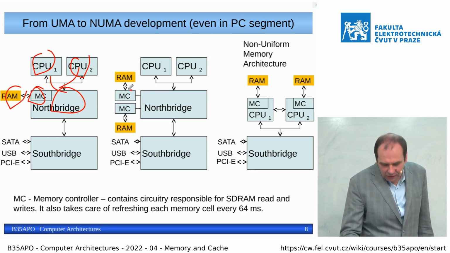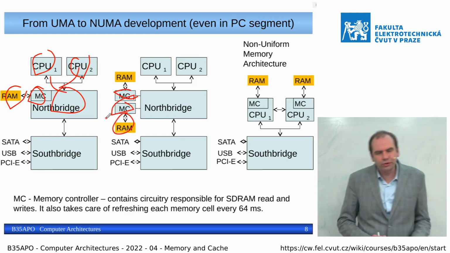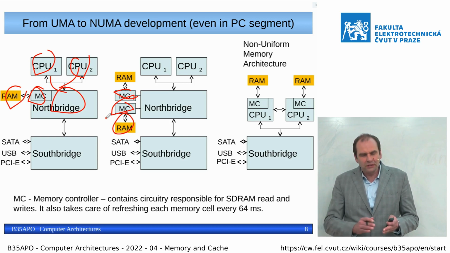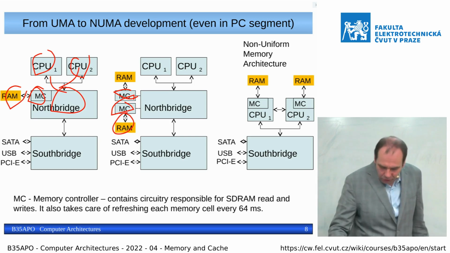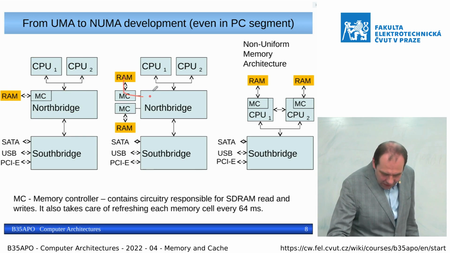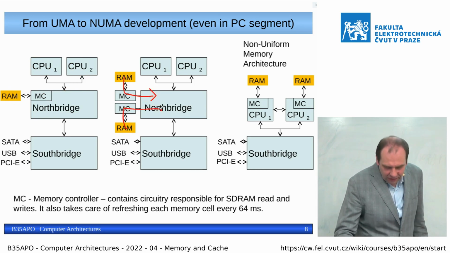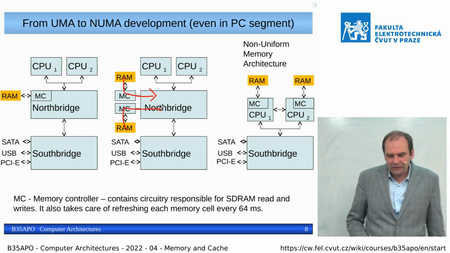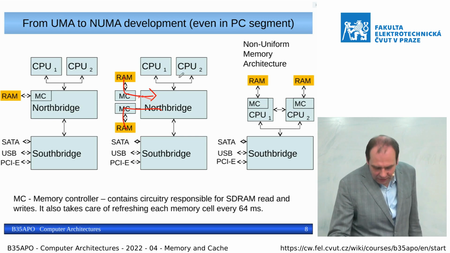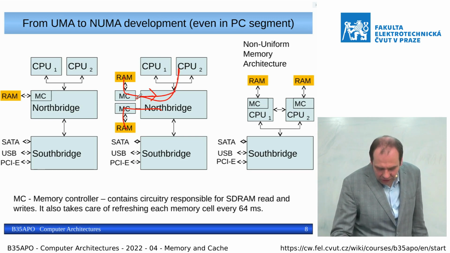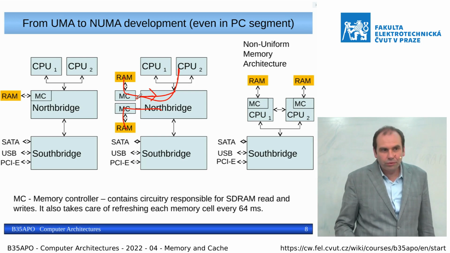Then more memory controllers are added in parallel, which allows interleaving the data blocks in the memory. Basically, when one of those memory controllers serves data on, for example, odd addresses, I simplify it, then the second one can serve data on even addresses or something like that. But this communication has too high latency and it was a bottleneck. So today, most of the processors